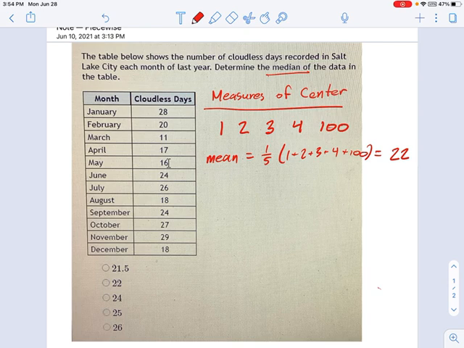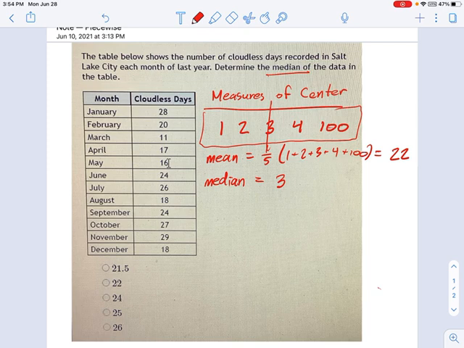Okay, but median is different. What median says is it wants you to look at the list and figure out which one is simply halfway through the list. So 1 and 100 are at the edges. You keep working your way in from the sides. And here, let's draw a box around this data set and say what's in the middle. It's 3. Okay, so that's my median,